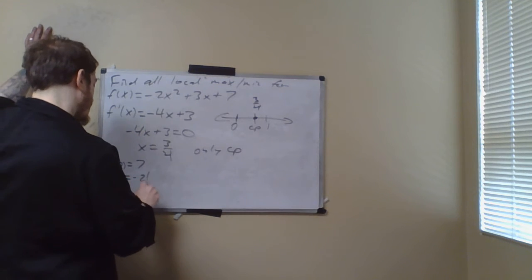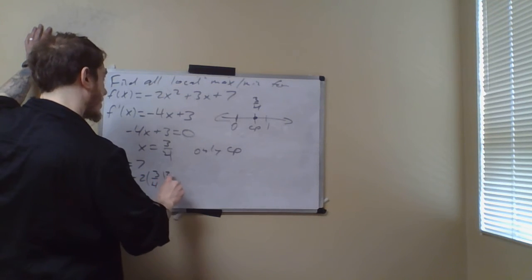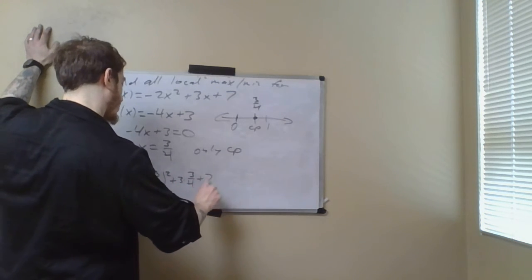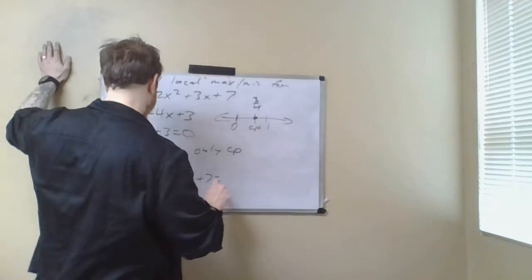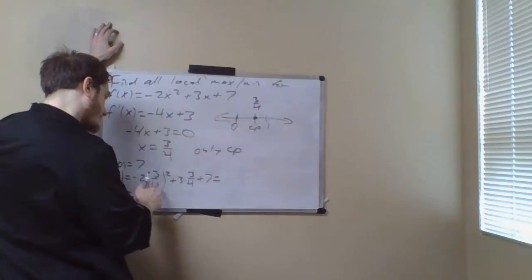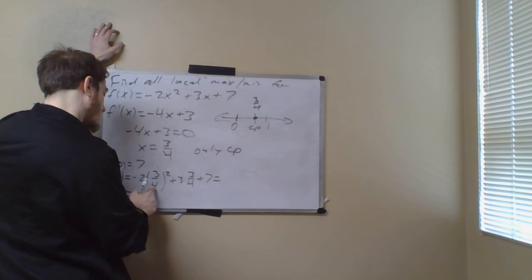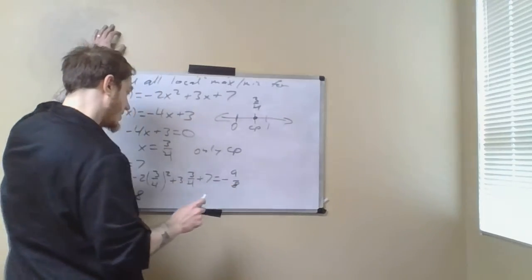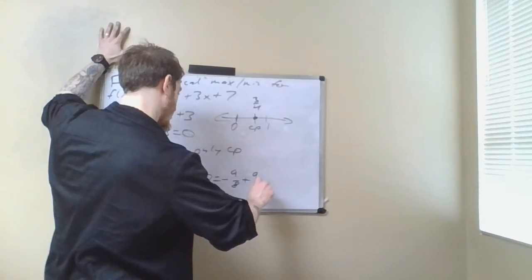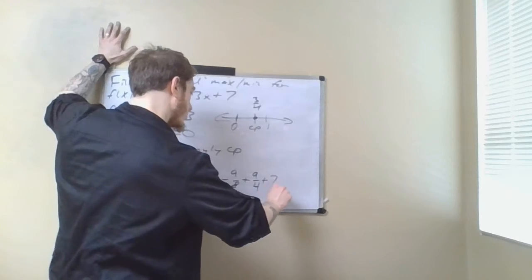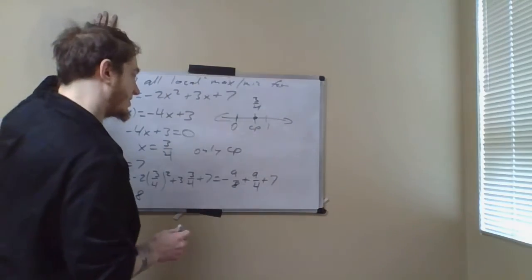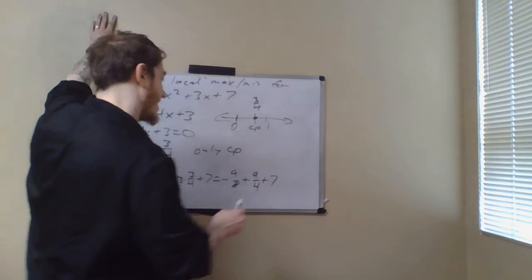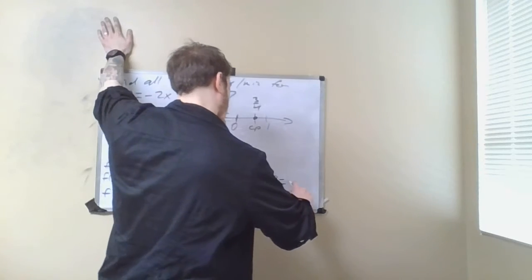We're going to have negative 2 times 3 over 4 squared plus 3 times 3 over 4 plus 7. This is going to be equal to, let's see, 9 over 16 times negative 2 is negative 9 over 8. Then we're going to have plus 9 over 4. And then we're going to have plus 7. So this is actually 7 plus 9 over 8, which is going to be 8 and 1/8, or